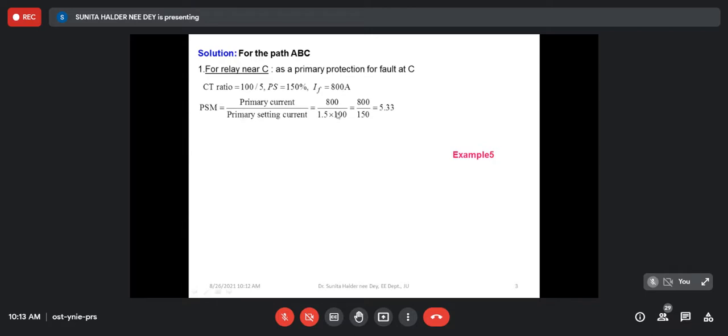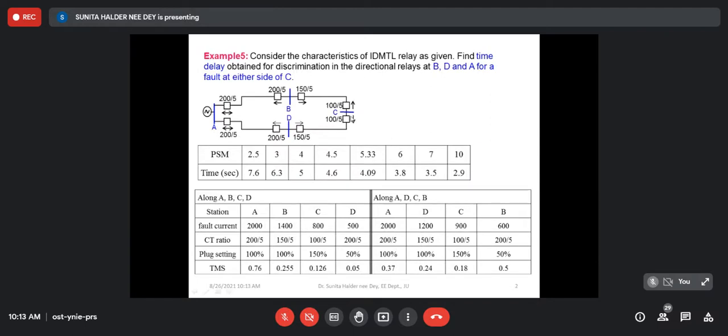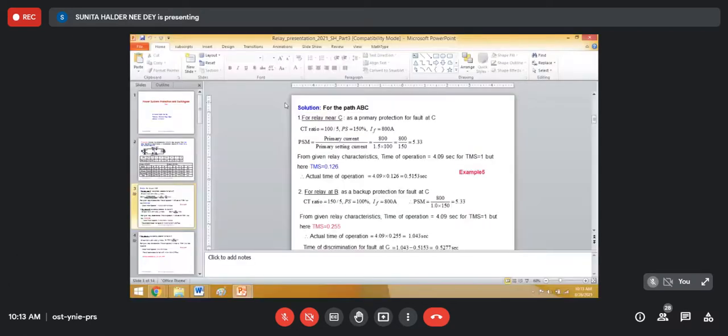must calculate the PSM. You must remember, generally a fault does not occur at the bus. Generally, it happens in the transmission line. But when we do fault analysis, we analyze near some bus. That means the fault is very near to the bus. Otherwise, it may be at the midpoint of the transmission line, at a particular distance from a particular bus. But generally, the happening of a fault at the bus is unnatural.